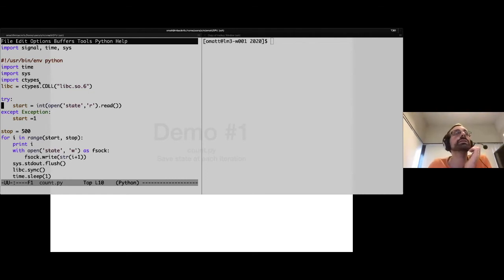So what I'm doing, this script is only doing the program I showed you at the beginning of these lectures. It just prints number one after the other: print 1, print 2, print 3, and so on. What I want to do here is that at each iteration, I'm going to save the state. In that case, the state is just the last number I've written.